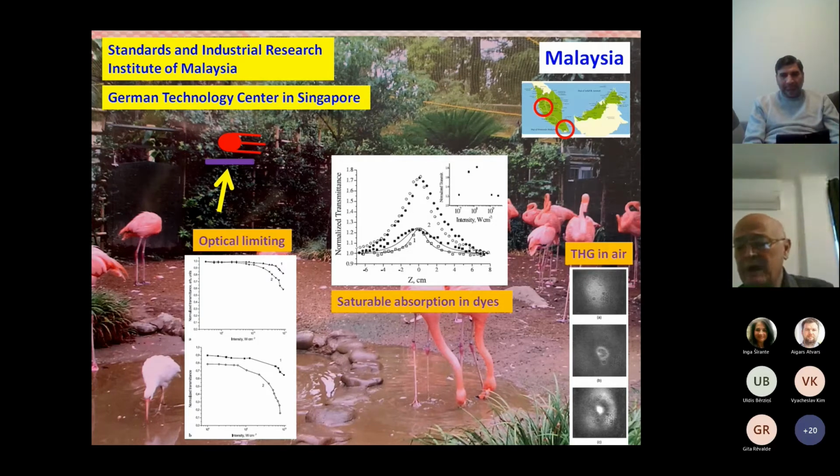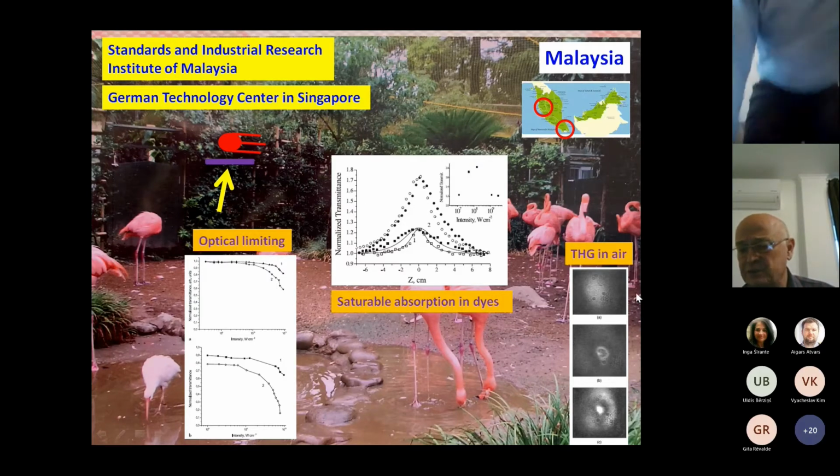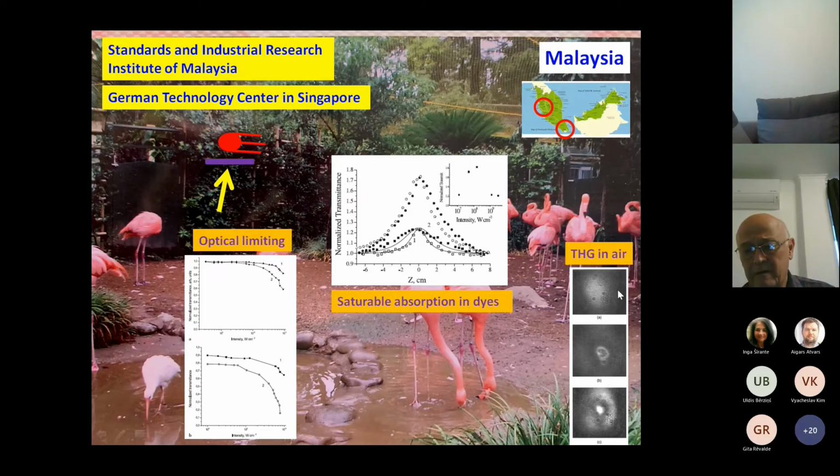And the third method is third harmonic generation in air. It is a well-known process in the case of femtosecond pulses. However, in some cases we can create conditions where the relatively smooth Gaussian shape can be changed into different shapes, and we can create some sort of filaments of third harmonic generation, which could be useful for propagation in air over long distances, since, as you know, filaments propagate for a long time once you create specific conditions of focusing.